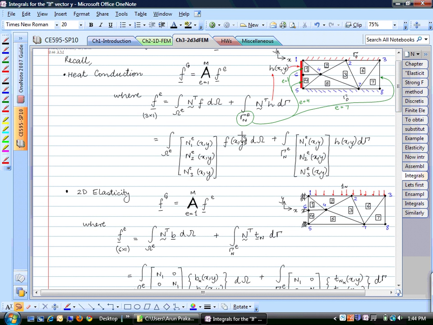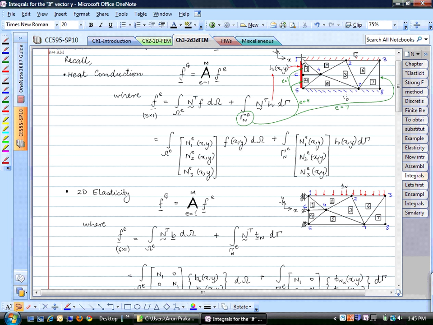So we need to calculate these integrals, and to calculate these integrals, we are just going to expand this into the matrix form. So this N transpose matrix for the heat conduction was just N1, N2, N3 arranged in a column vector, times f, which is a scalar, but it could be a general function of x, y. So if you go in your domain to some location x, y, then you could have some function for the heat generation at that point. And similarly, for the boundary term, you have N1, N2, N3, that is N transpose, the column vector,